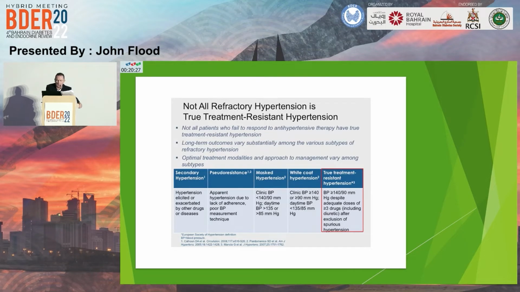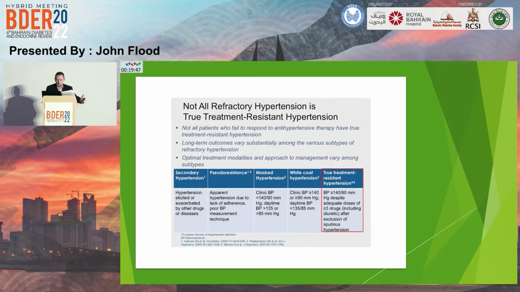Now, there are a number of definitions we need to get clear before we look at the 2 tumors. Secondary hypertension is defined as hypertension secondary to, for example, an adrenal tumor, or to drugs like the oral contraceptive pill, and also the new set of drugs that are used for modern cancer therapy, which are associated with hypertension as a side effect. Pseudo-resistance is another concept that's used, and this is mostly due to poor adherence and also poor blood pressure measurement technique. That leaves the last three on the right-hand side, and in hypertensive clinic you will see three different types